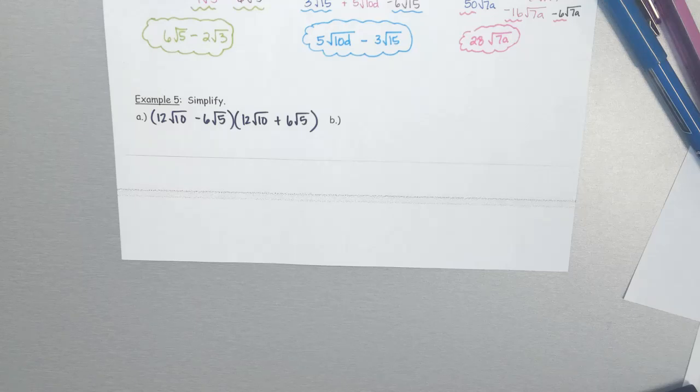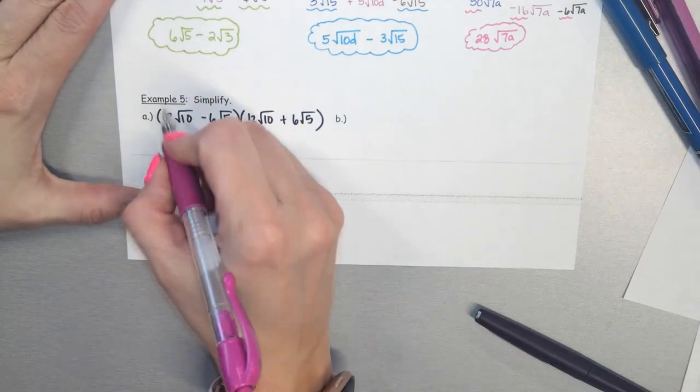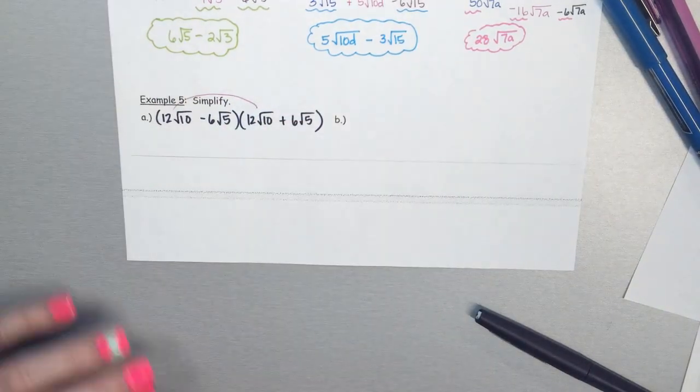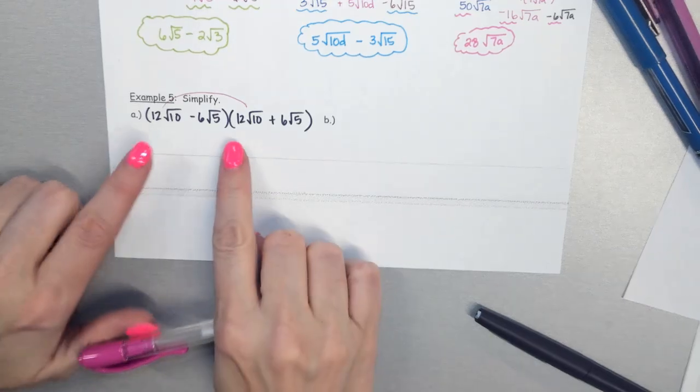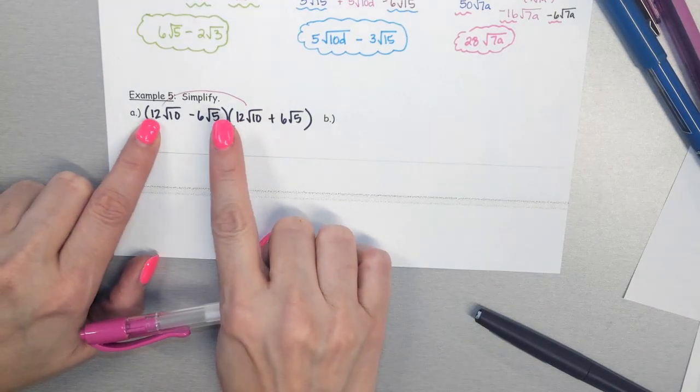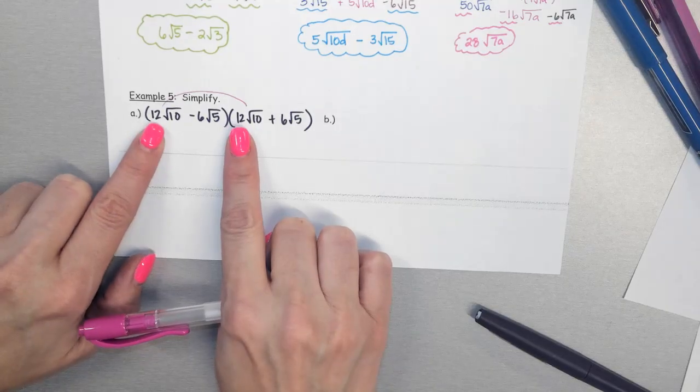So we have 12 root 10 minus 6 root 5, and then 12 root 10 plus 6 root 5. So this is a binomial times a binomial, so we are going to FOIL. All right, so then let's multiply the first one by the first one here. So 12 root 10 times 12 root 10. When you are multiplying, you're going to multiply the number on the outside by the number on the outside. So 12 times 12 is